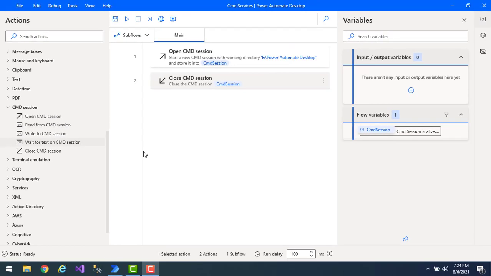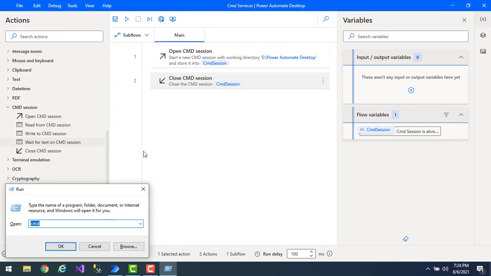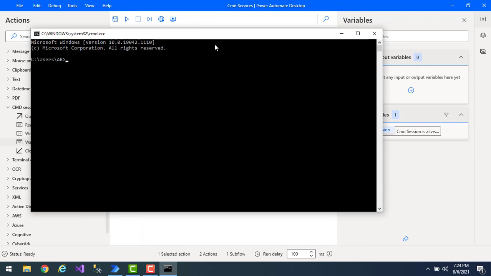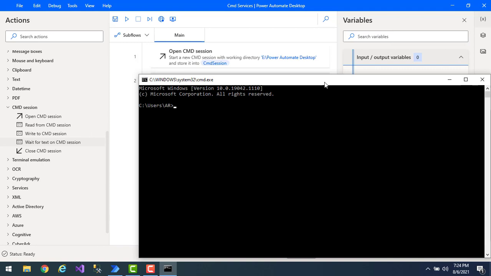To make you understand, once again, let me open the command line interface by clicking on Windows R, and after that I have given the command over here as cmd. And there, as a first step, we have opened the command line interface. Now, to change the directory, we have used the command cd /d and we have given the path as Power Automate Desktop, and then click on enter. Now, the command line interface changed to the working directory over here as Power Automate Desktop.